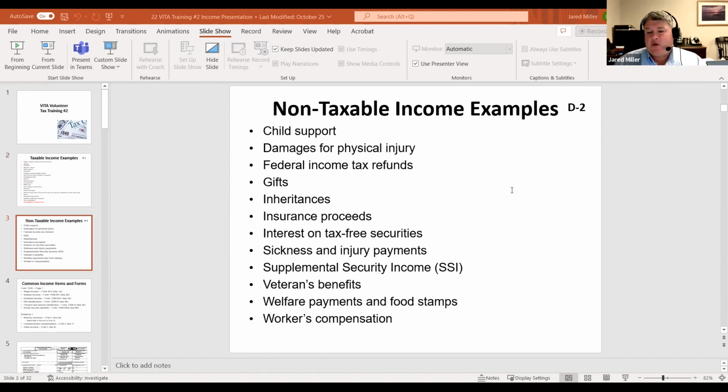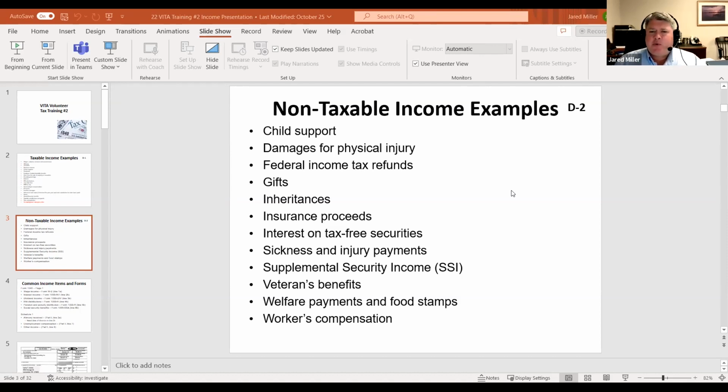Other areas that we can take a look at that are not taxable, however, again, they'll be found on D2 of your 4012, would be things like child support, damages for physical injury. So if people have a payment for a sickness or injury, or if they've been sued or been a plaintiff in a lawsuit and they're getting money back on physical injury, those are not taxable. Traditionally, what we take a look at for tax laws, if you're getting paid because you cannot work due to injury or illness or sickness, not taxable income. If you're getting paid to work or getting paid because you can't find work, that's taxable income. So generally that's how we take a look at those differences there.